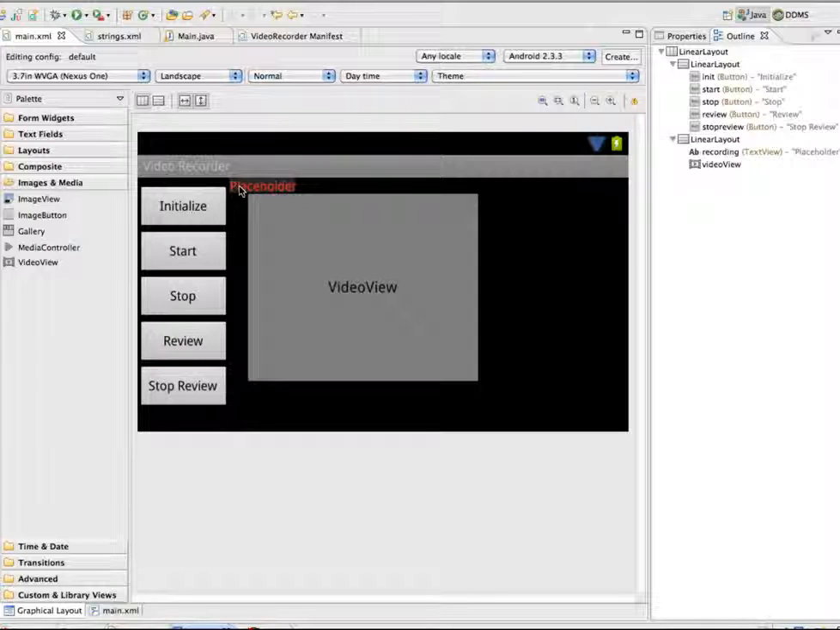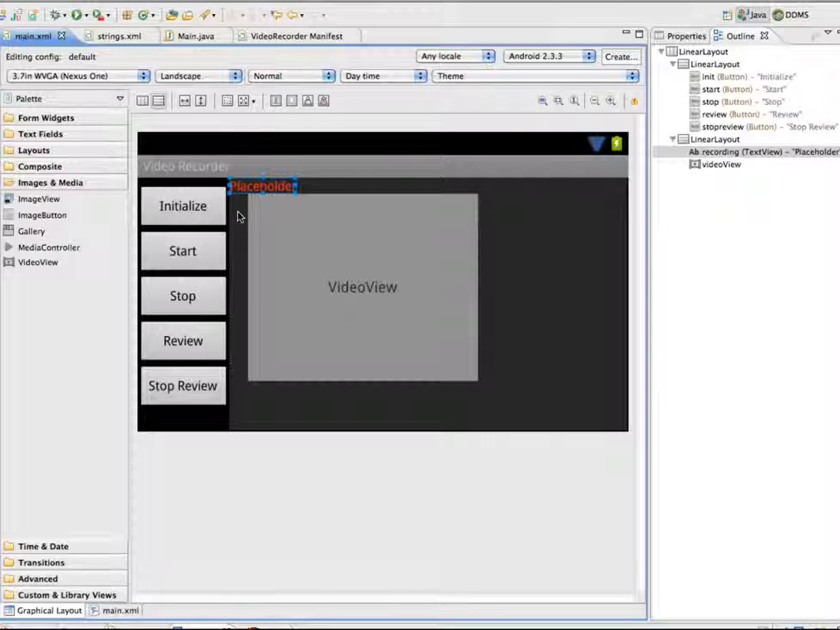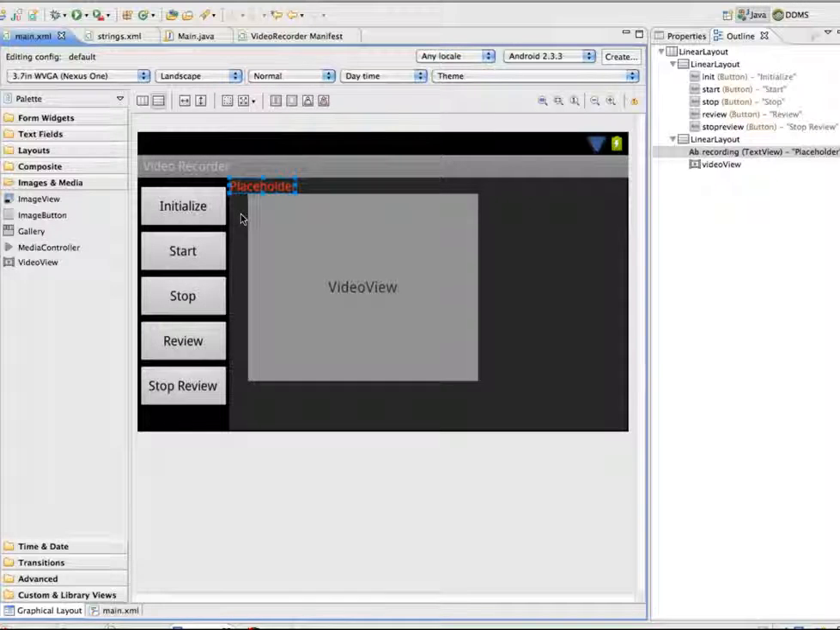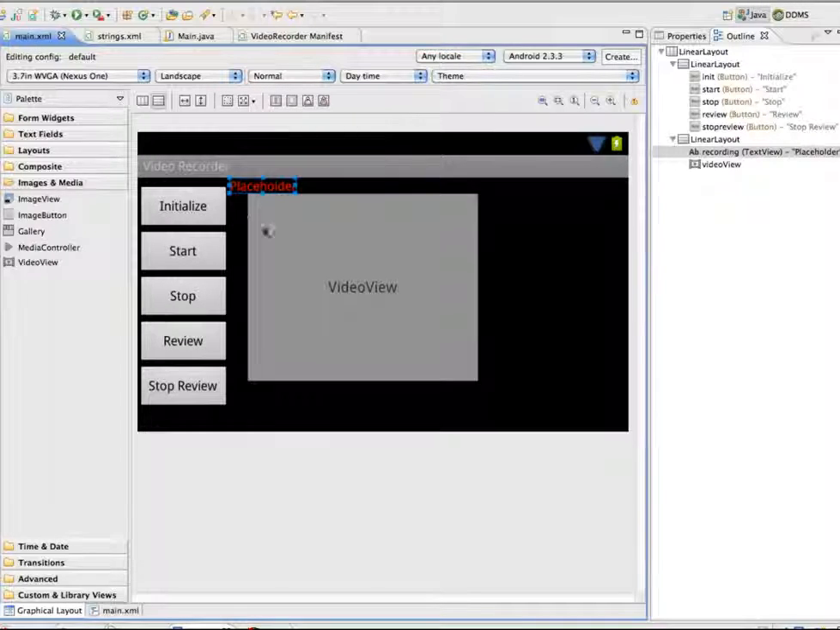I have a placeholder here that will be set up in the code so that while it is recording, it will say recording, and when it's not recording, then this will disappear, much like you would have in a regular camcorder. And I also added a video view, which will display the video as it's being played back and as